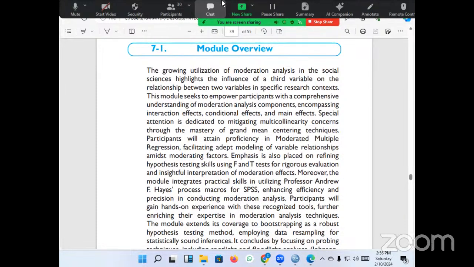Then we shall understand how to do moderation analysis on SPSS and how to use the Hayes PROCESS macro for SPSS to do the same procedure,